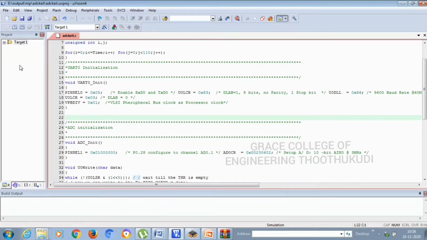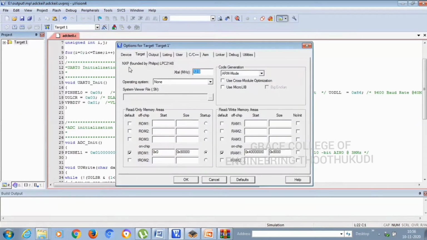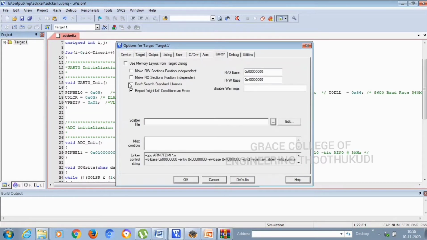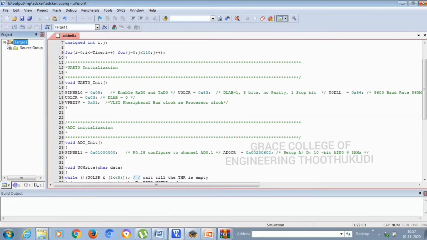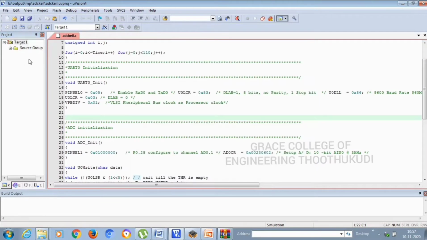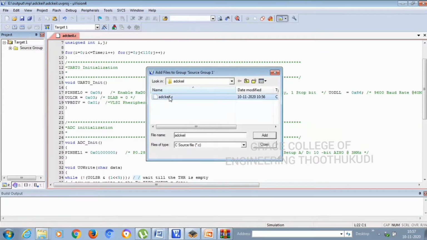Then give save. Now in the target window, you should right click and select Options for Target. In Output you should click Create HEX File. In Linker you should select Use Memory Layout and give OK. Now expand the target. In Source Group you should right click and select Add Existing Files to Source Group, add ADC Keil.c, then give close.